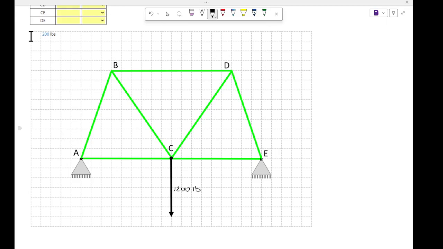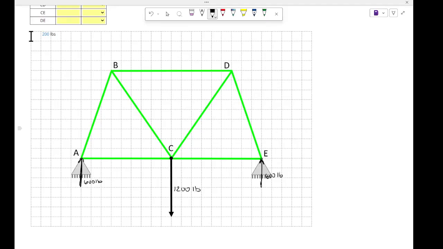Well, that's got to be balanced somewhere else, right? So where this truss is reacting would be at point A. We get an upward arrow, and that's going to be a value of 600. And at E, we would also have an equal 600 up. Now, we know this to be the case because that load is split and there's a symmetry there, where it's